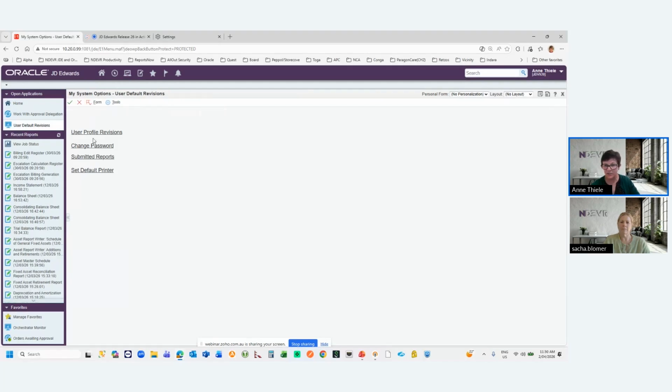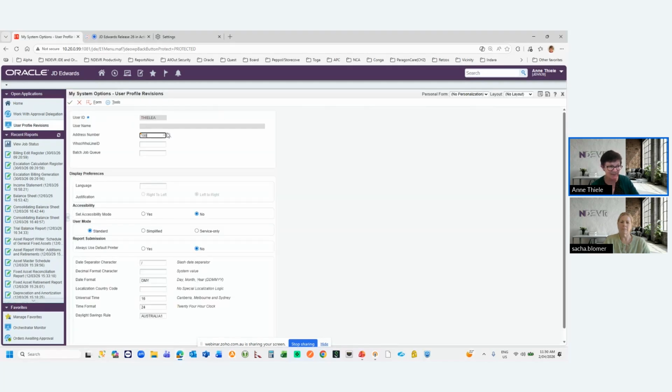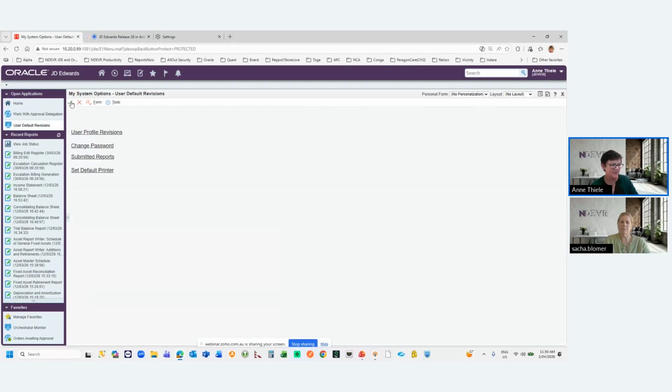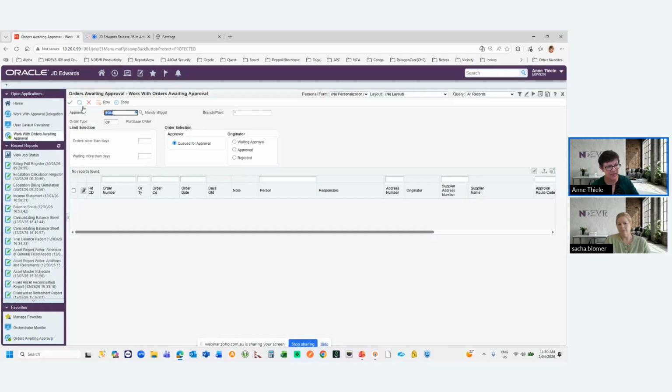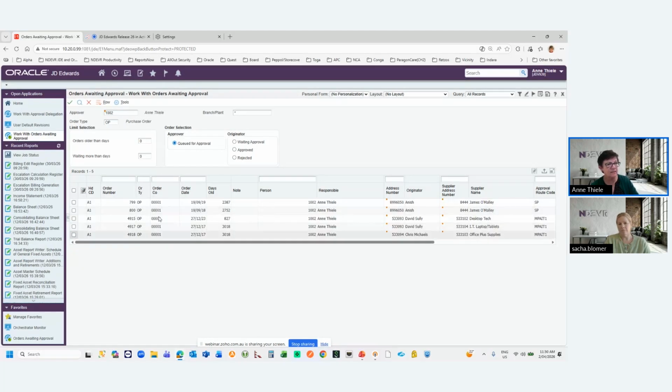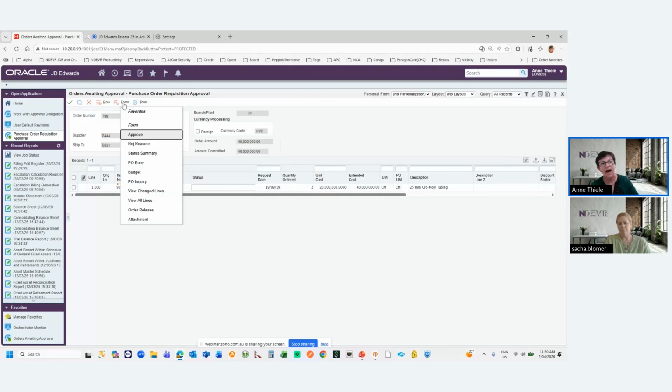So if I go back into the user profile and I make myself Mandy for the time being, and I go again into orders awaiting approval, here I am as Mandy. Mandy has none. But here she can see all of mine. And if I again pick one of these and I click on form, I have the ability to approve or reject, because I have delegated the approval for these orders to